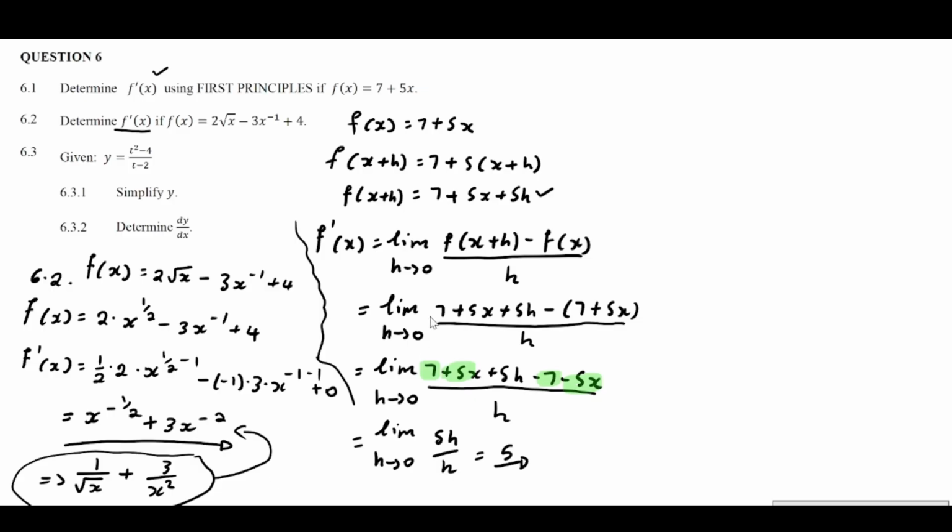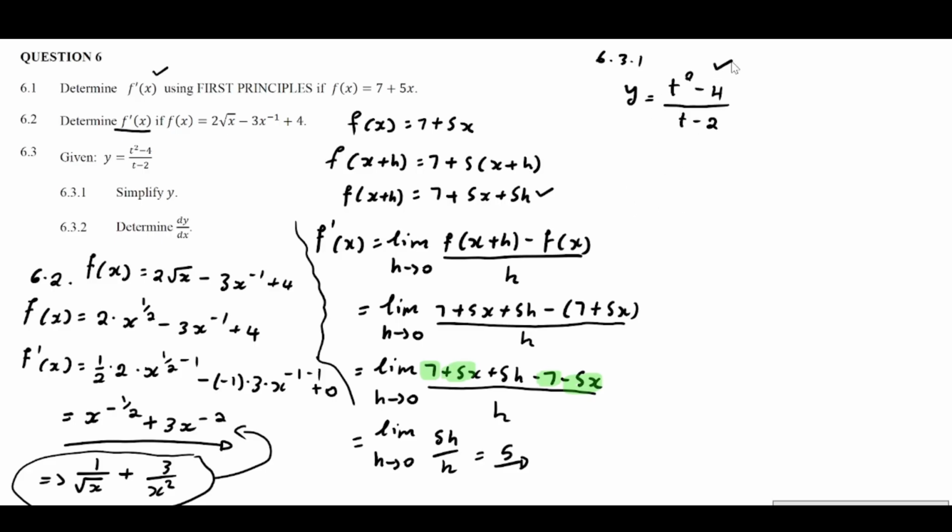Moving on, 6.3, I will erase everything as soon as I don't have space. So 6.3.1, you are given that y is equal to t to the exponent of 2 minus 4, all divided by t minus 2. What is the question? Simplify y. Okay,